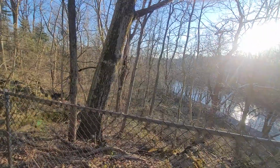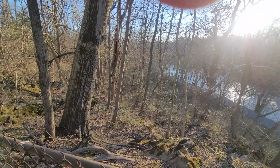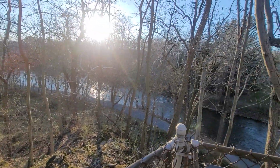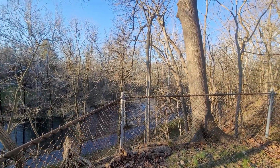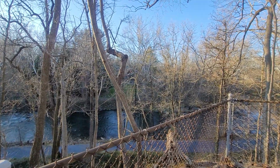So look how nice this is. It's sparsely, not very dense, but it's got a lot of shrub, a lot of undergrowth. Great quail country. And Penn State's right across the way. There's farms, right down the road there's wheat fields. Actually across the river